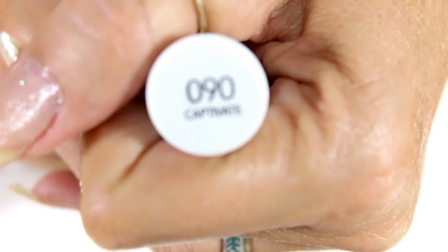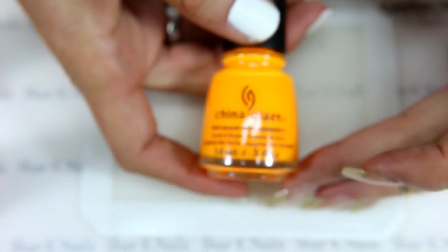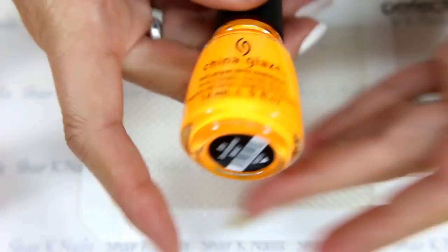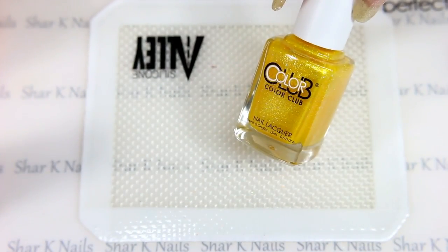And then we have this Revlon. And I'm just going to show you the names of each one. China Glaze, Color Club,